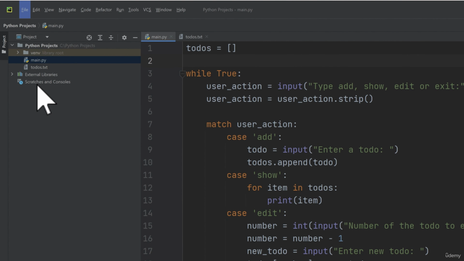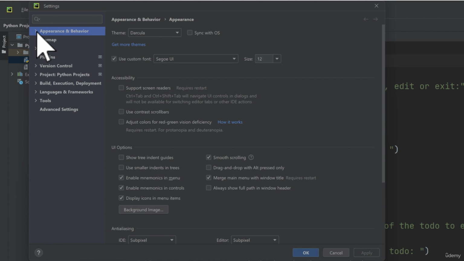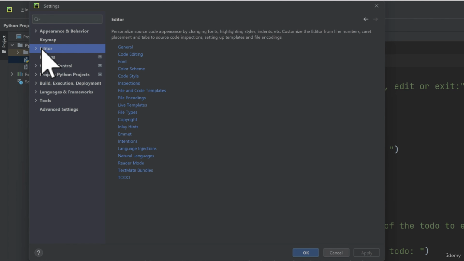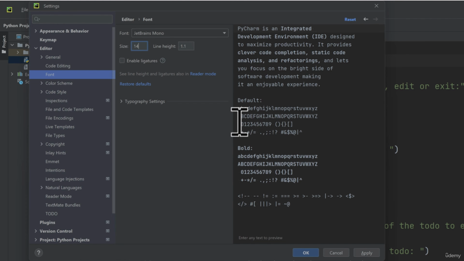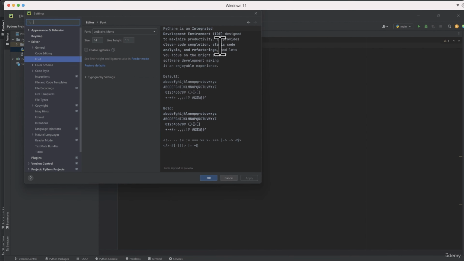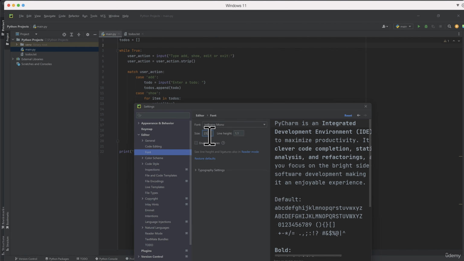So if you want to change the font of your code, then you want to go to settings again, and you won't go to appearance, but you want to go to editor. So there you are accessing this editor area here, and you want to go to font, and then here you can change the font of your PyCharm. So if I go to 14 and I press apply, then you'll see that the code here is going to get smaller. So choose whatever you feel comfortable with,